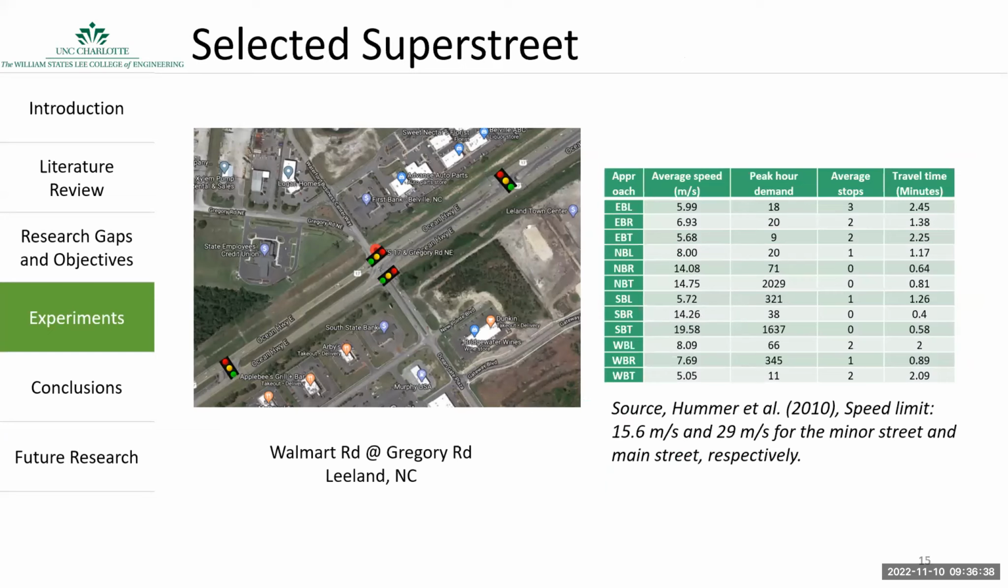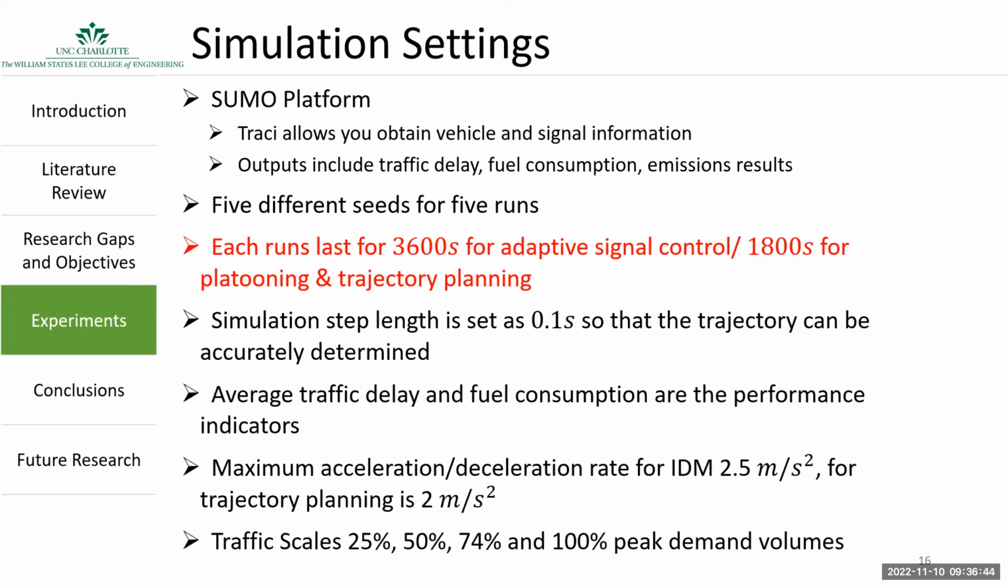And I did the simulation in the SUMO platform, and it has some nice APIs for you to change the speed and get the simulation results. I ran the simulation with different random seeds and kept their duration the same for the same experiment. The simulation step length is set to 0.1, so that the trajectory or platooning can be calculated as exactly as